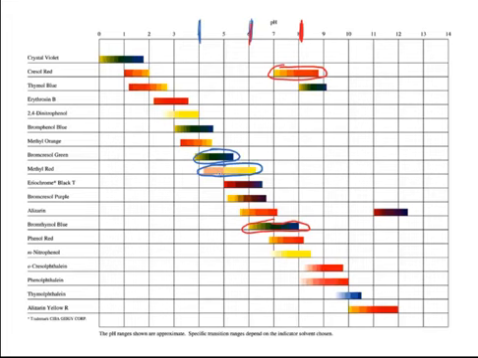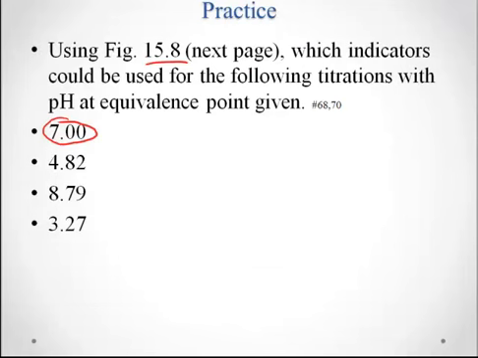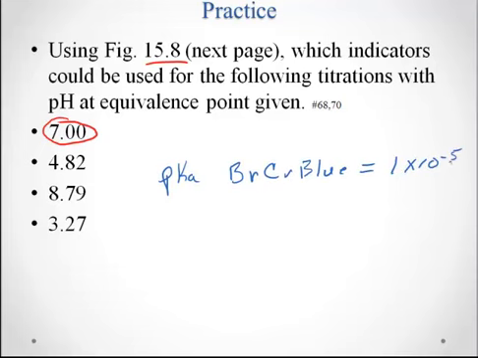And again, a question that we'll see on my test or an AP test is they will say the pKa of, let's say, bromocresol blue equals a number. I'm just going to pick a number like 1 times 10 to the minus fifth, right? And they'll just imagine there'll be a list of a bunch of these. Maybe there's 3 of them. And they're different values here. 1 times 10 to the minus 7, 1 times 10 to the minus ninth. And they'll want you to pick the right indicator for wherever that